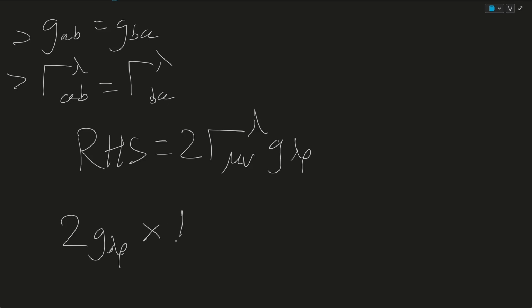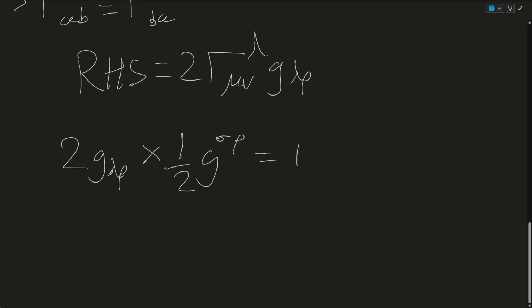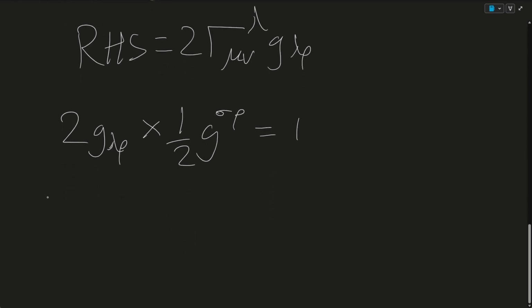So the inverse would be half g super sigma rho is equal to 1. So therefore